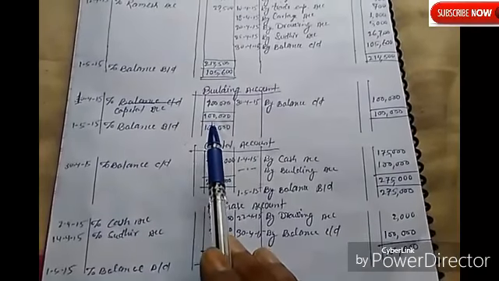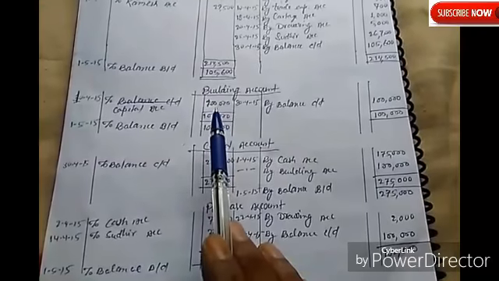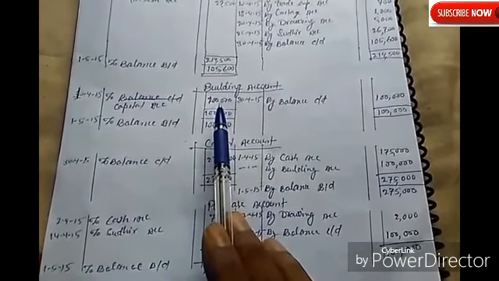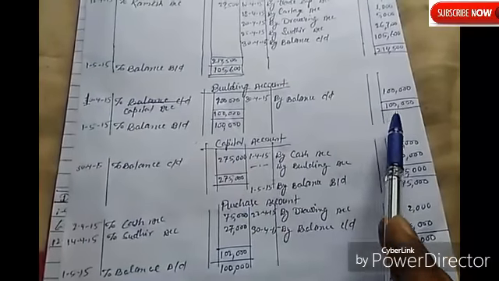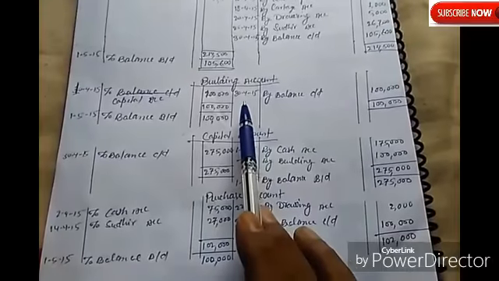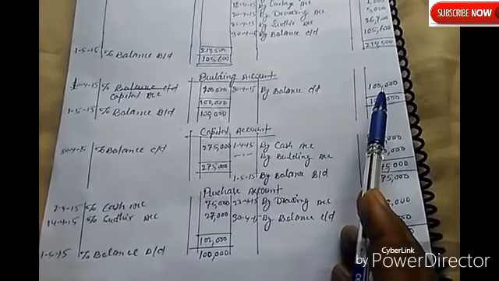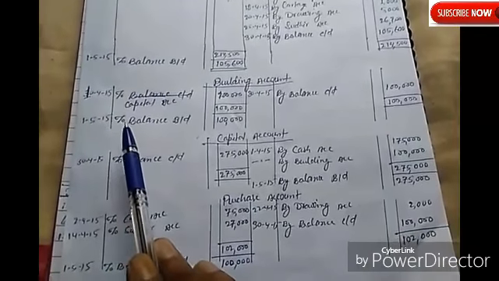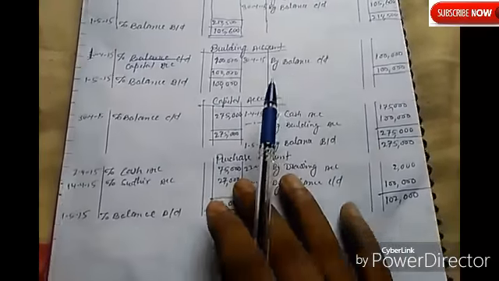First, see whichever side is more. So here this side's cash is 100,000, and here also 100,000. So on the end of the month, By Balance Carried Down 100,000, and that will be transferred to the next month, on 1st May 2015, To Balance Brought Down 100,000. That is also the same.